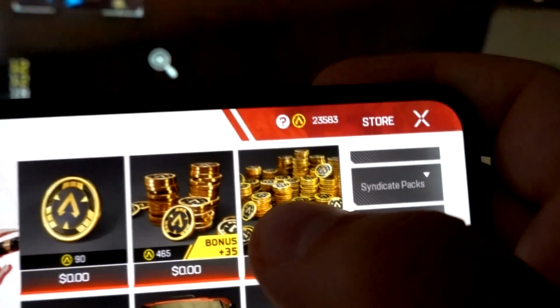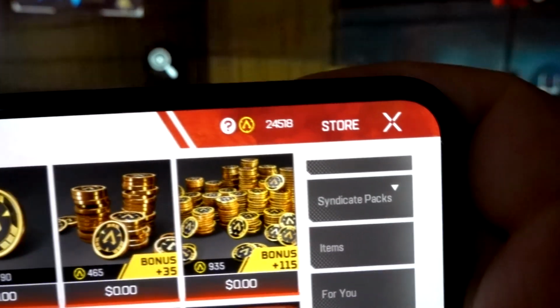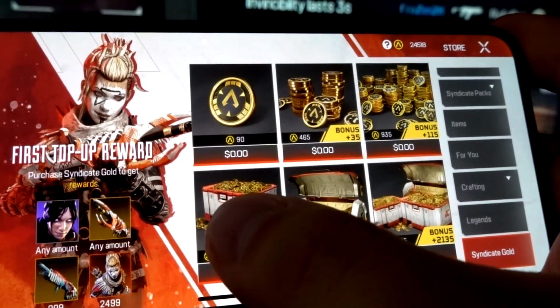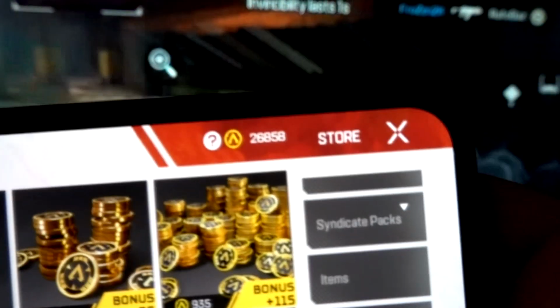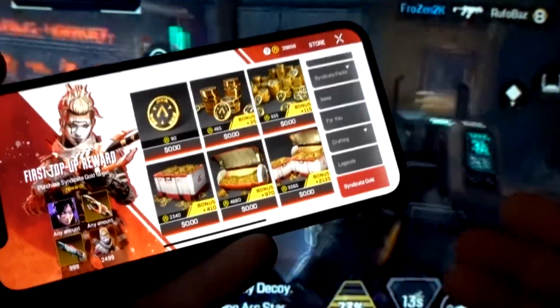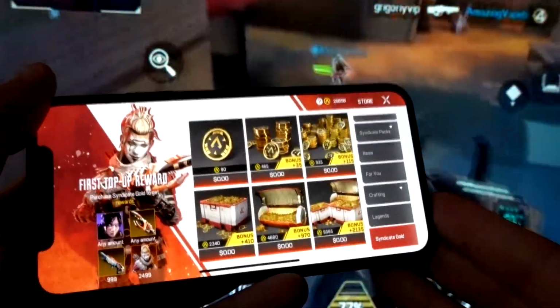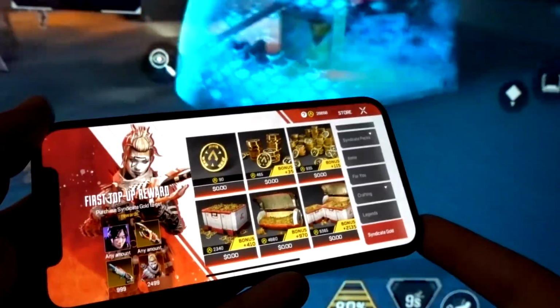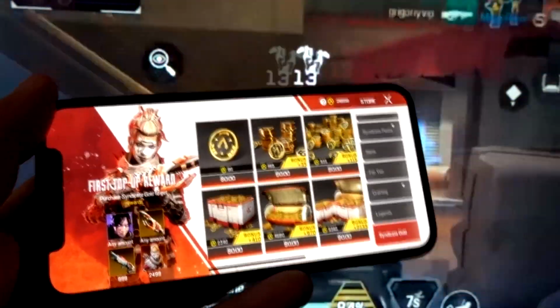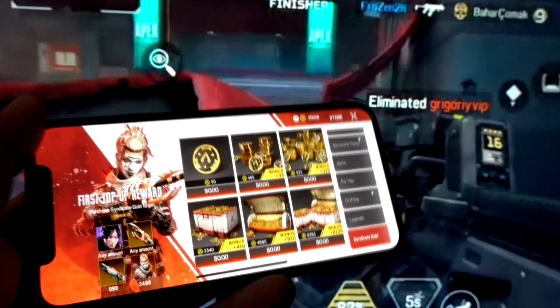So there we go. I just purchased 935 gold twice, and I'm on 24,518 gold. This way I can purchase as much gold as I want without having to worry about running out of gold at any point in the game, which makes this entire modded version much more interesting and amazing, and something that you must have if you're an Apex Legends player,